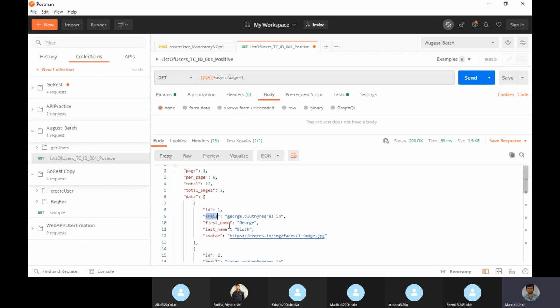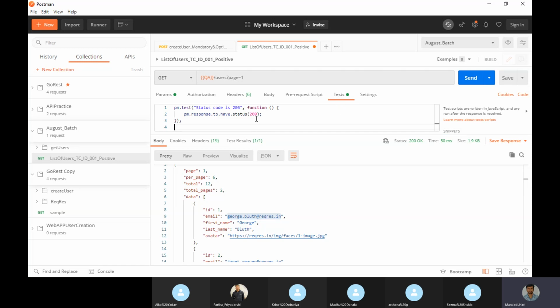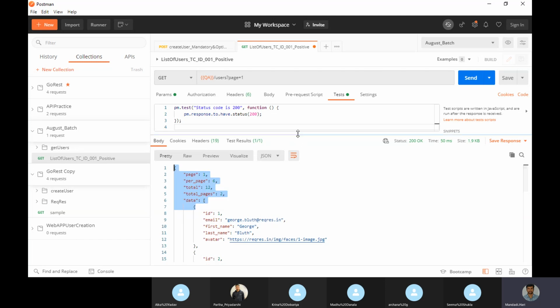So I need to capture something in the response body and pass that variable in the request body, and only then will the next request work. Such dependent APIs will also be there, so these functions are useful: capture something and utilize it in other places. I will show you that.